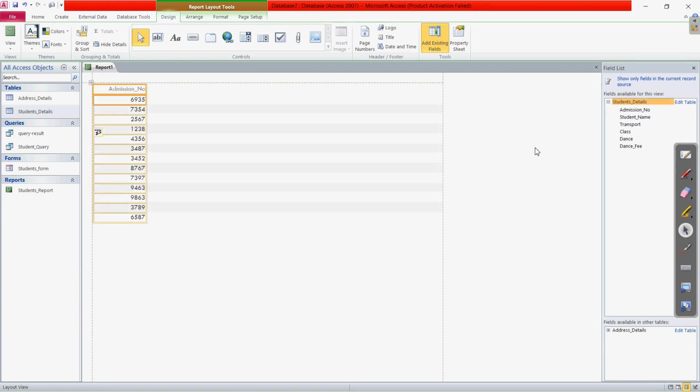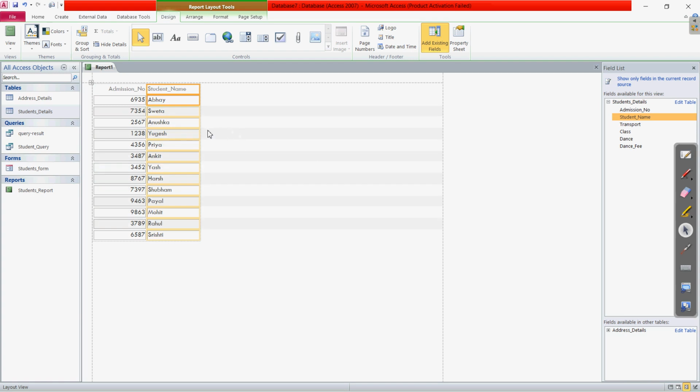Clear? So here you can see I have dragged the admission number. Clear? Then next is student name. If I drag the student name now, you can see the student name is here in our report. Whatever fields you want to choose, select those fields. We can also select by pressing the control key, for selecting multiple fields together. As you can see, I am pressing and clicking those fields together.